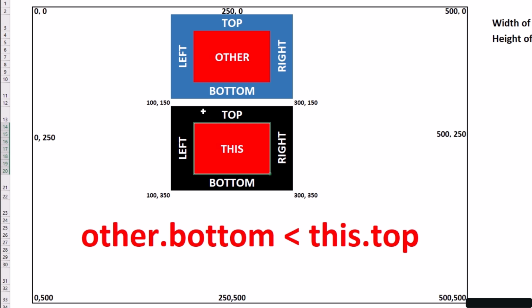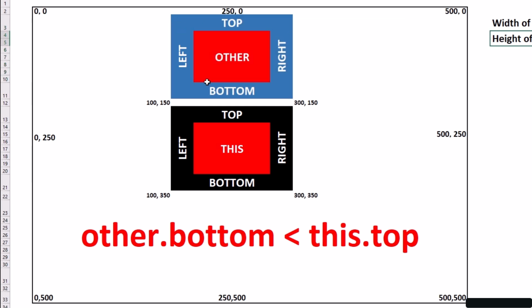And again, the top for this particular rectangle is whatever its y position is, right? The x and y of every rectangle is always its top left corner. So if I said, what's the x value of this rectangle? It would be telling me what this point is right here, this top left corner. In this case, its x is 100, but its y is 150. So the top of this rectangle is just y, or just 150. So is the bottom of this rectangle less than 150? That's the question we're asking. And obviously with the visual, it certainly is. But what exactly is the bottom of the other rectangle? Well, it's the y position of the rectangle plus the height, right?